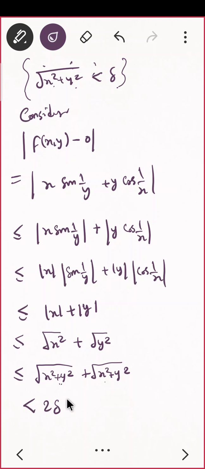I need this term to be less than epsilon, correct? So if we choose delta equal to, come on, tell me, if you choose delta equal to, very nice, epsilon by 2. If you put epsilon by 2 at the place of delta, the 2 gets cancelled and 2 delta will be less than epsilon. Or if you write equal to, then also it is okay. We just want this thing, that is mod of f of x, that should be less than epsilon.